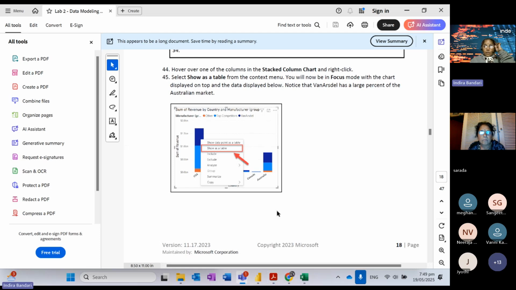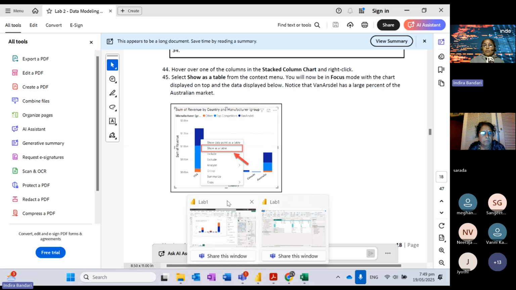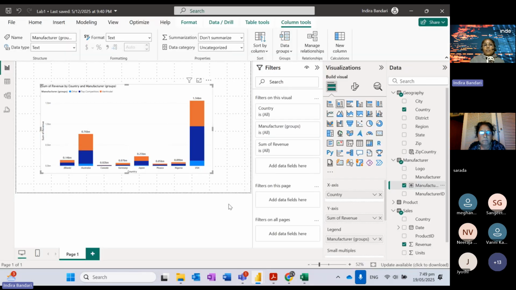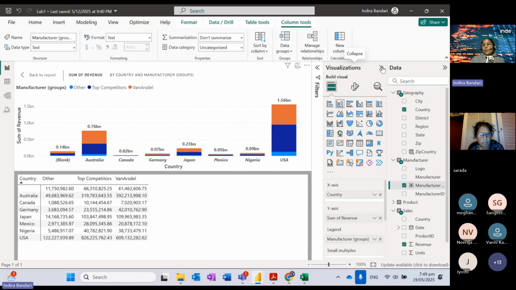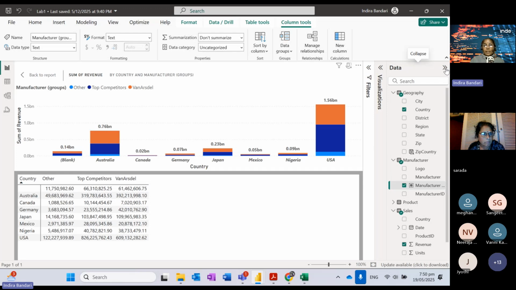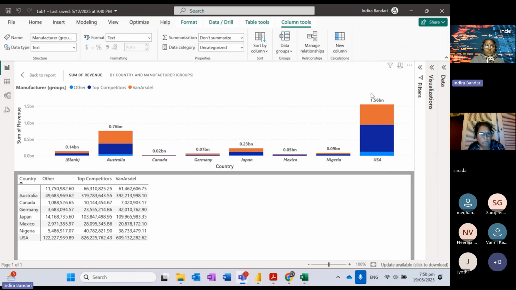Now we will see how it looks when you say show as table. Click on the visual, click on the dot dot dot, and then click on show as table. It will go into the focus mode. You can minimize all the other panes, and now it is showing the actual values as well as the graphs. So Australia,